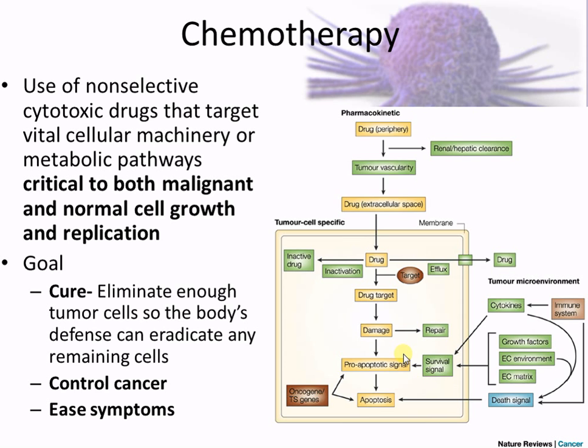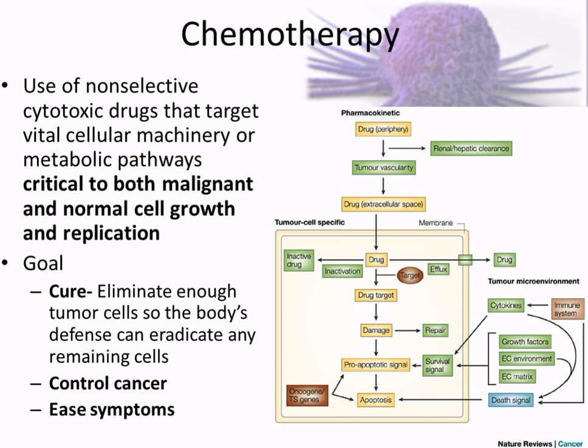But so they can either target something that's already existing inside the cell, or they can look for a specific tumor marker and target that marker. In fact, they can turn your immune system into an army against that tumor marker if they know what the marker is. All right. So chemotherapeutics, they slow down growth and replication, but not just of tumor cells, but also normal cells. The whole goal is to cure the cancer. What they're trying to do is slow it down enough so they can get the person into surgery or radiation and zap all the surrounding cells. So they can kill the tumor and or extract the tumor. So just basically postponing growth so they can do that.